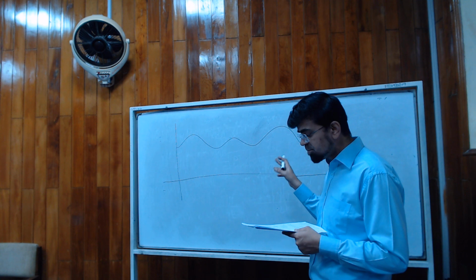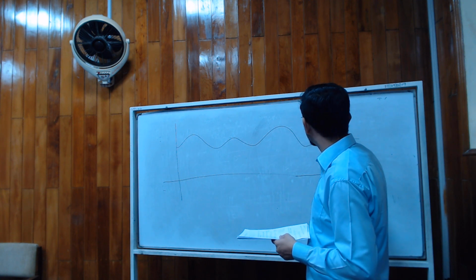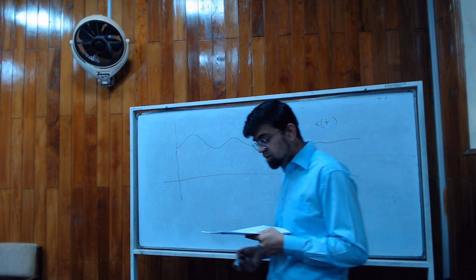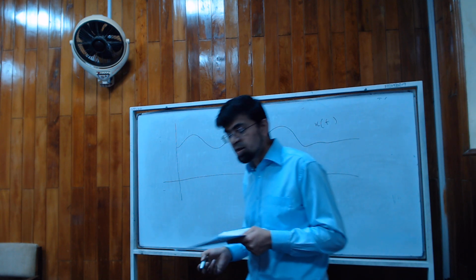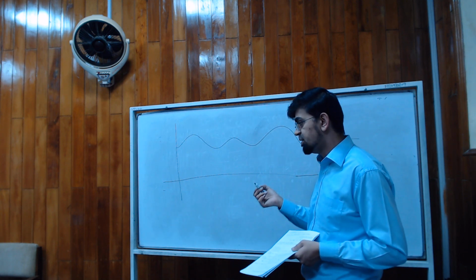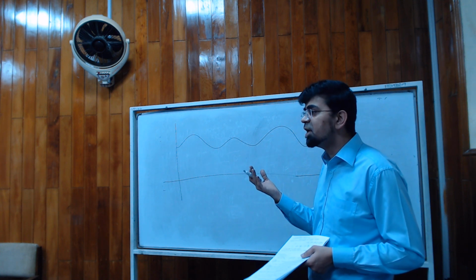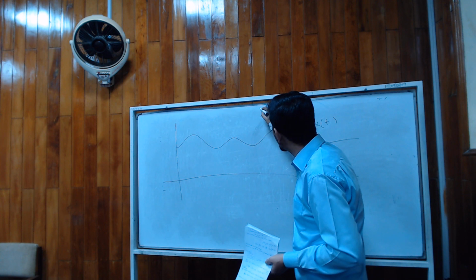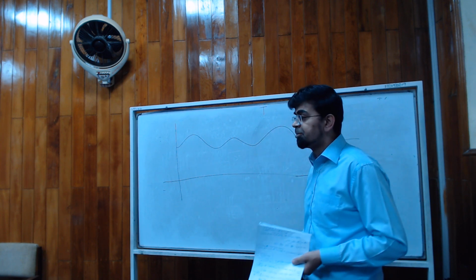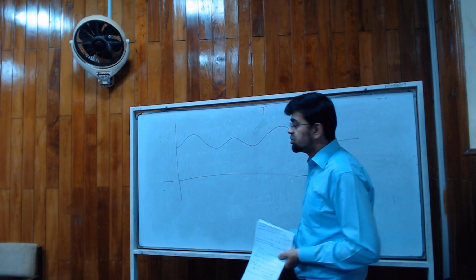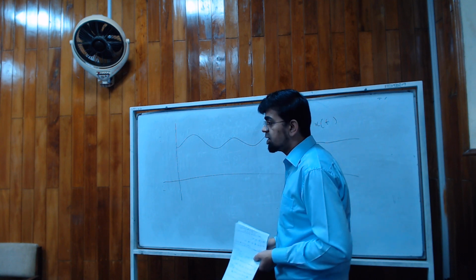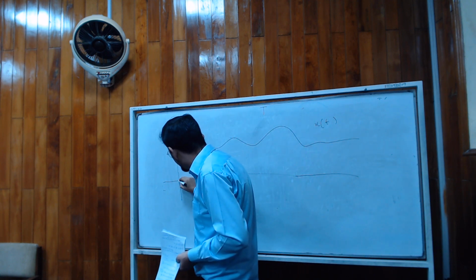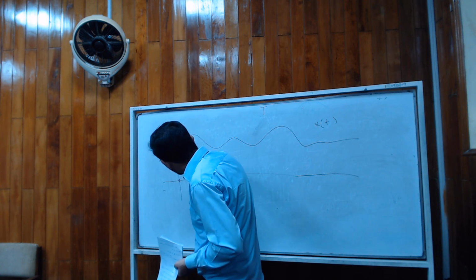I'm going to do this because we need to do some nomenclature. So this is x(t). Suppose I decide to sample it after every capital T seconds. You can take any unit, but for convenience I'm going to say T. So I'm going to sample it after every T seconds. You could write Ts here if you like, sampling time. So let's say the first sample is here. I collect this one,